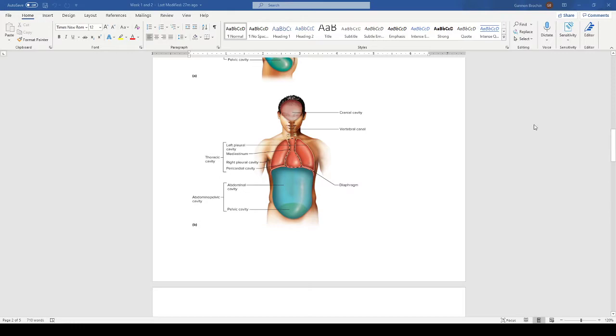And we can see here the thoracic cavity is broken up into 3 different cavities, and they really are separate. Okay, we have the right and left pleural cavities. So when you hear the term pleural, equate that to lung. All right, right and left lungs. So those cavities right there hold the right and the left lung, and they really are separated by what's called the pleura. We'll discuss this more later on, but the pleura is just a lining of those cavities, and